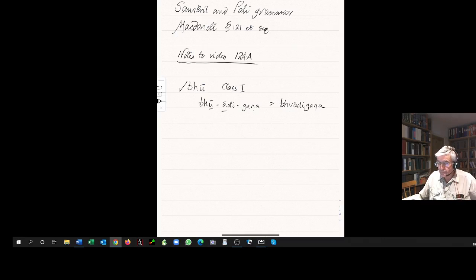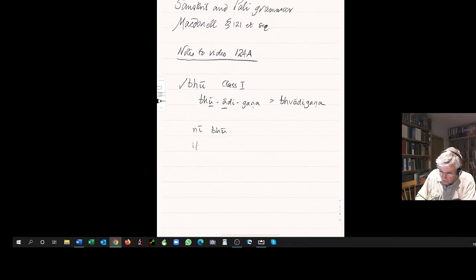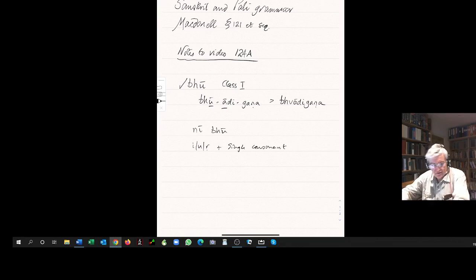What you do here in the first class is that you have the guna. If the root is or ends in a vowel, like ni, bhu, or if it is an I or U or R plus a single consonant, then you gunate the root. For example,